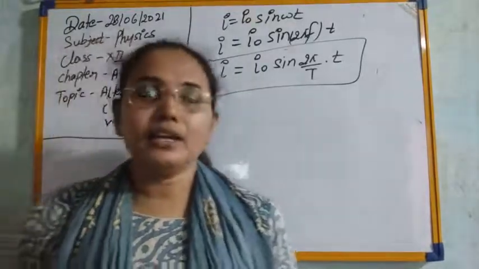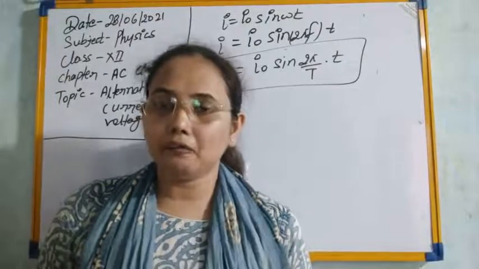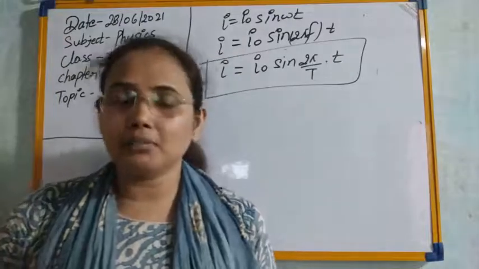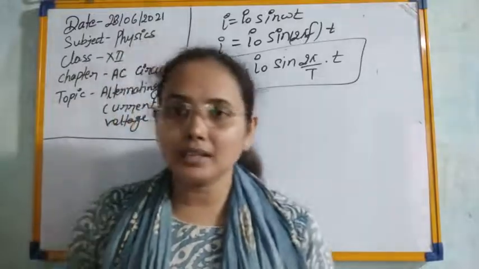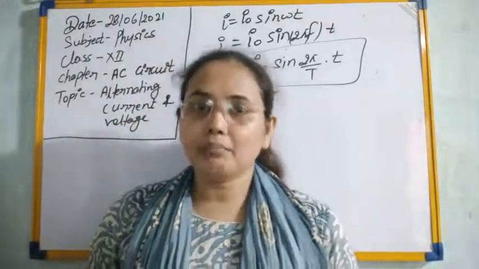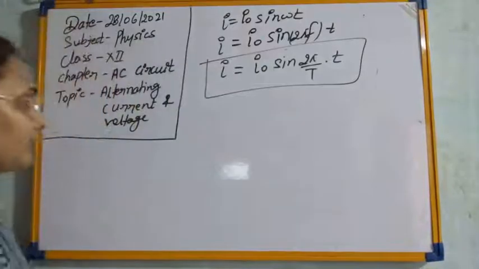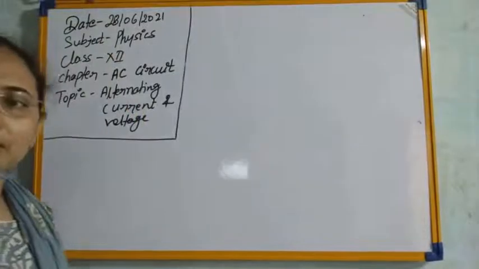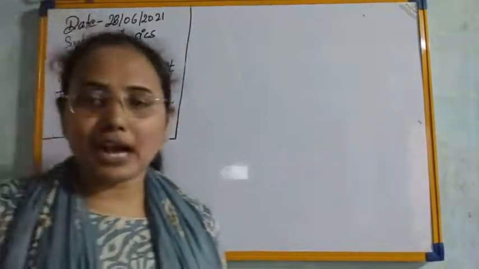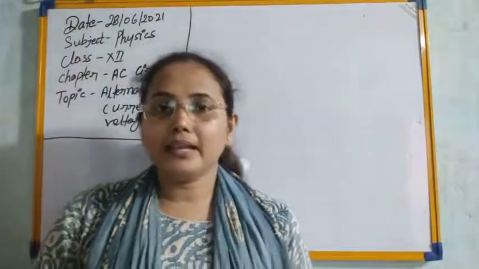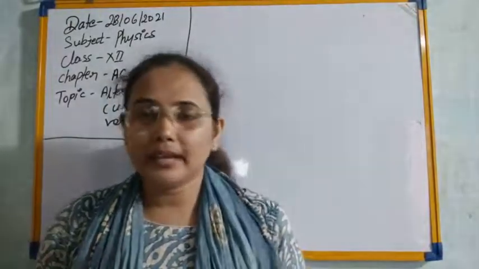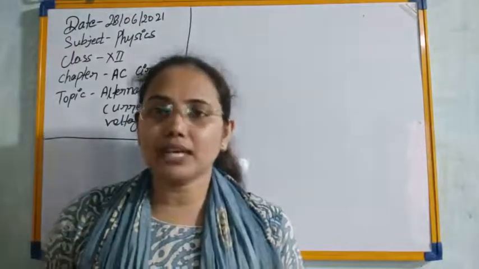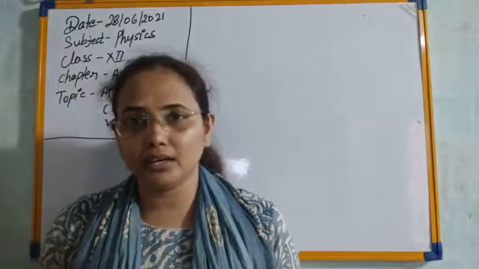Next, if you have to prove by mathematical calculation that over the complete cycle we get the mean value 0, you can prove it mathematically also. So let's prove it by mathematics. To prove it, we can first calculate the charge, using the concept of charge per unit time, called the current, to derive the expression for the mean value of the current over a complete cycle.